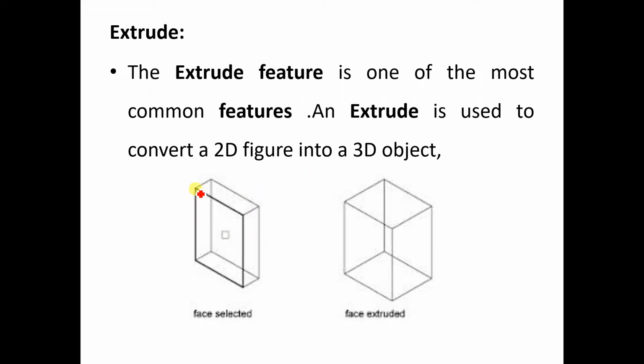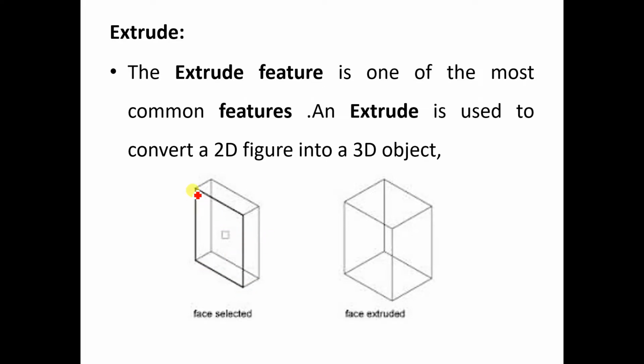So using the front view or top view, whatever it is, let us assume we are creating this face, this rectangle. Suppose we are drawing this rectangle. After drawing the rectangle, we will click on extrude and give the extruded length, and we will get the extruded object. So this is the extrude command, and some of you have told me you are not getting the extrude feature. So the mistake is where you are making it. When you are directly drawing a rectangle and extruding, you will get it.